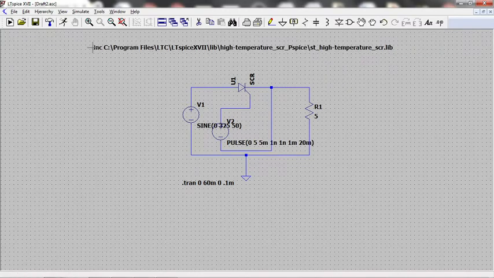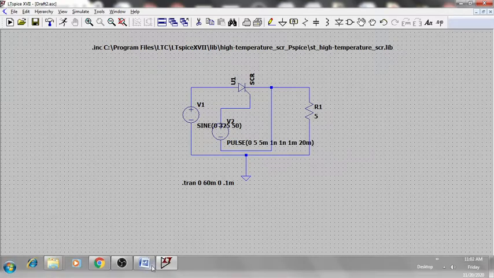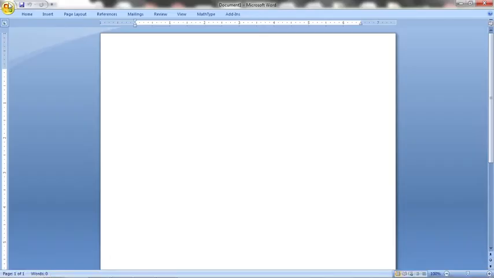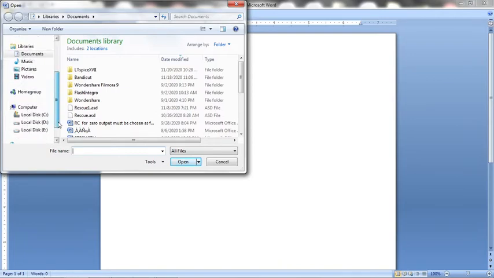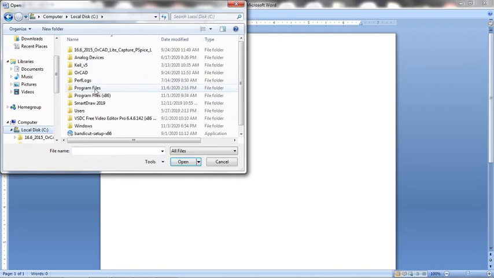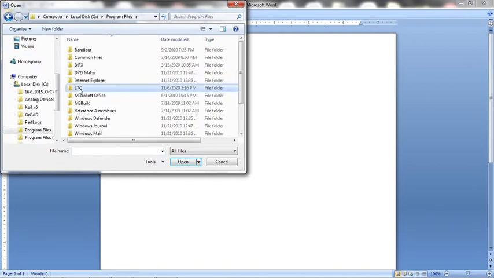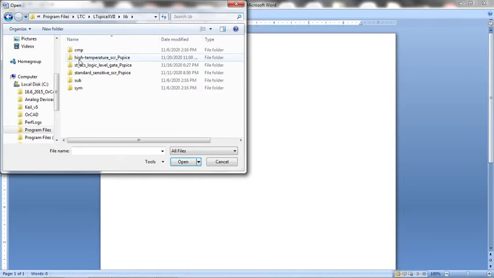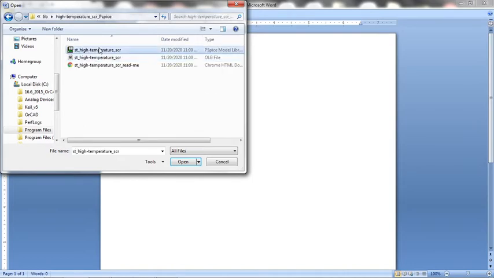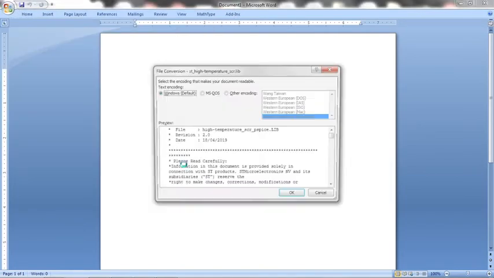Okay, once this is over, we will open that library file. Go to Word. Go to the respective path: Program Files, LTC, LTspice, lib, high temperature SCR, ST high temperature SCR.